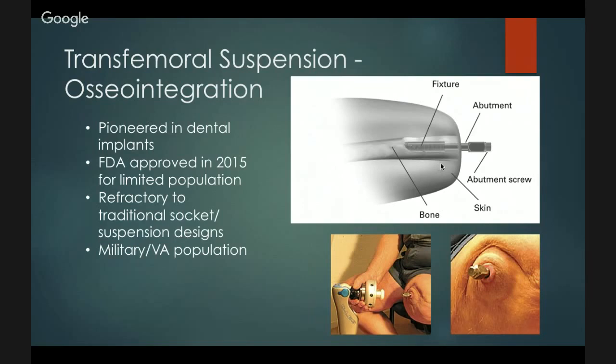So the idea is that they put a metal fixture, in this case within the femur. There's very little besides soft tissue covering here. On top of that, they let everything heal, and afterwards they go back and place this abutment from the outside, put it into that fixture, and now this is what attaches to the prosthesis. By doing this, you eliminate the need for any sort of socket at all, because it connects directly to your limb. Your range of motion theoretically is better because nothing is restricting you. Your comfort is a lot better. It moves more intimately with you, so ideally you have